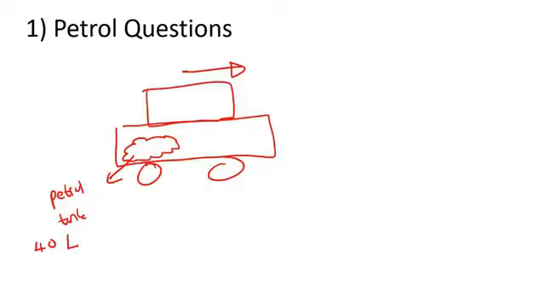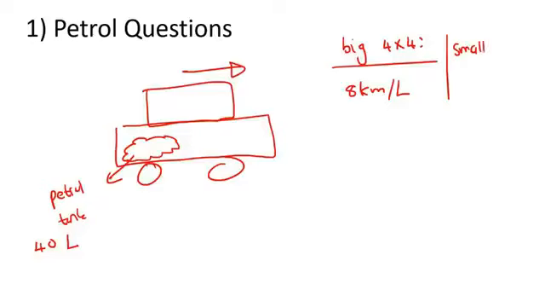So for example, if you have a big 4x4, then maybe the petrol consumption will be, they'll maybe say something like, this car can go 8 kilometers per liter, okay? Then maybe you have a small car with a small engine, and then maybe that one can go 20 kilometers per liter. Now just listen to that carefully. The big 4x4 uses a lot of petrol, so it can drive 8 kilometers per liter. What that means is that